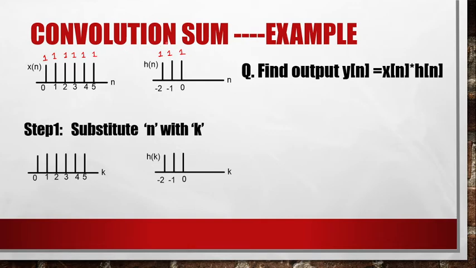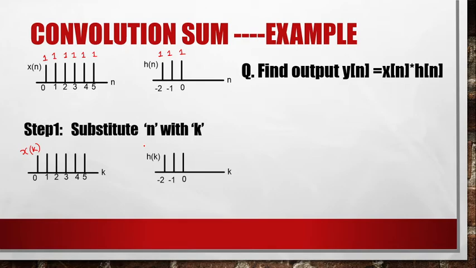Now when you are going to take this summation, this type of problem, and you are going for the graphical approach, step 1, what is step 1? You substitute n with k. Understand? You substitute n with k. So what I have done here, it will be my k, xk, this signal, the n's are substituted with k. So I have drawn the signal again, substituting the n with k. If you are going for graphical approach, this will be your first step.